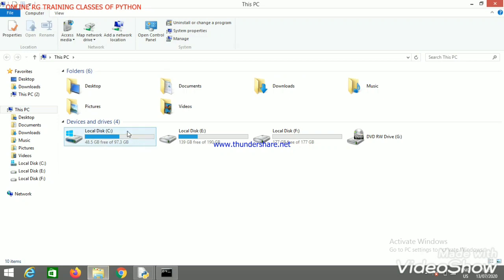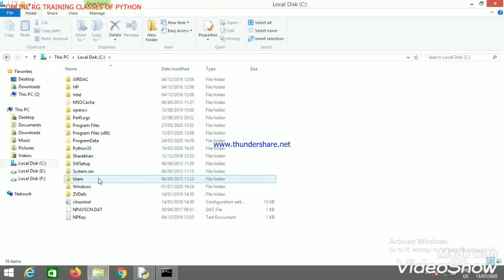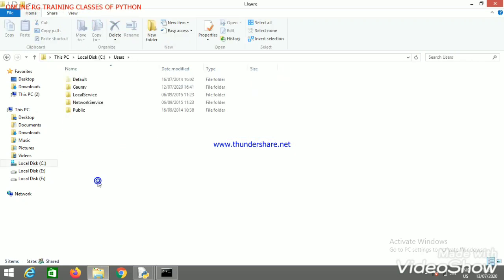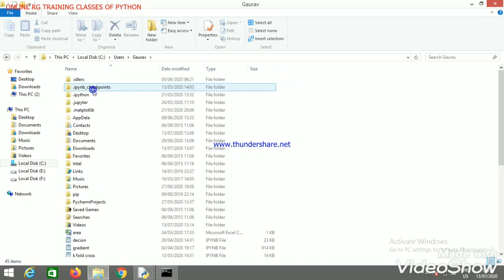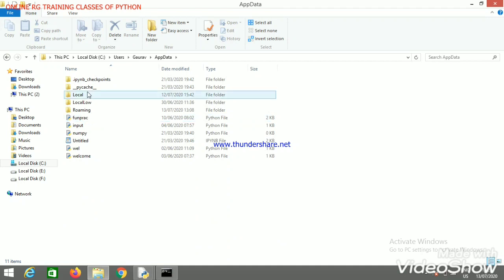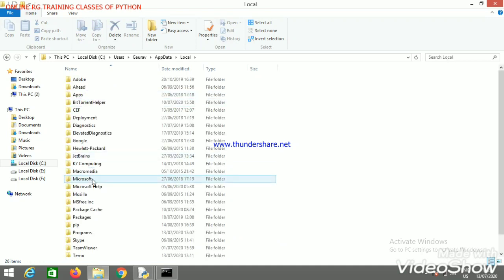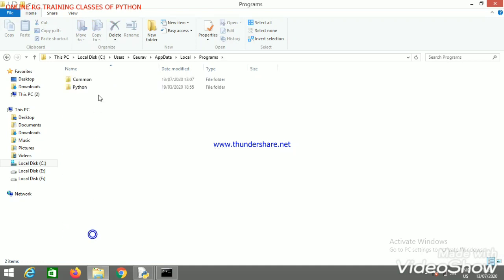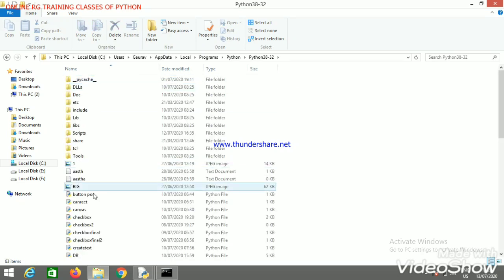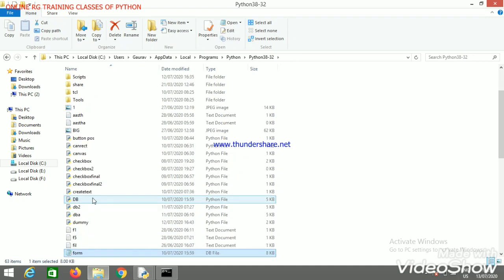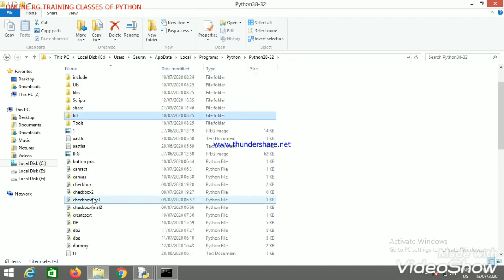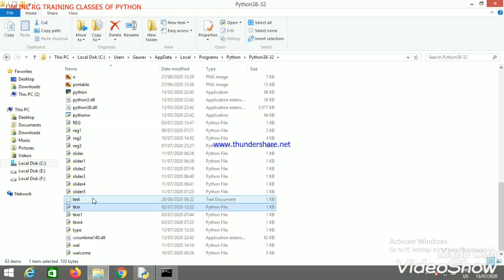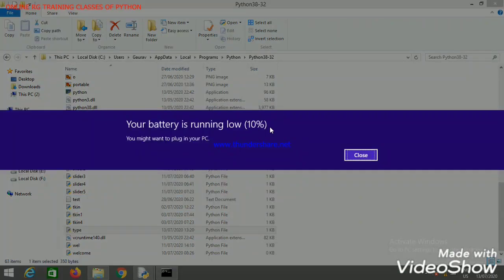We will go to C, then Users, then Gaurav, then AppData, then Local, Programs, Python 3832. You can check if the file is here or not. The name of the file was type. See, the file is present here.